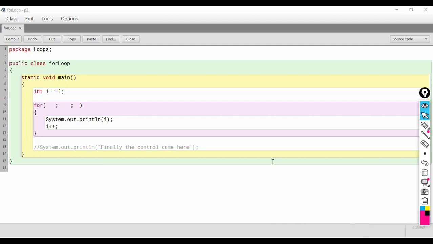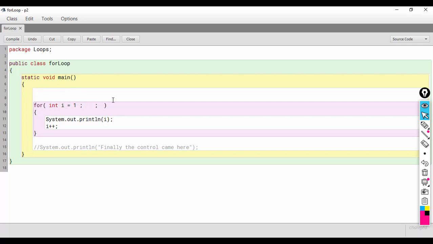So, let us solve some simple problems. Let us say I want to print all the odd numbers starting from 51 up till 100. I will initialize a variable here, int I is equal to 1, and I will remove this statement from here.